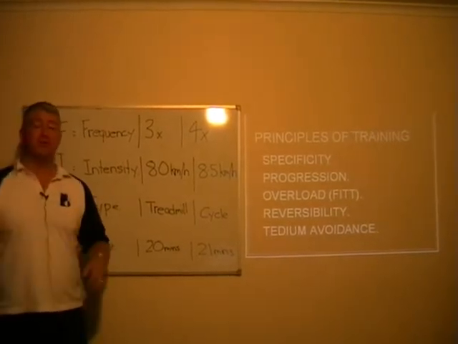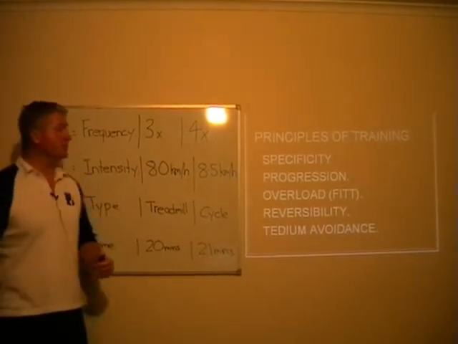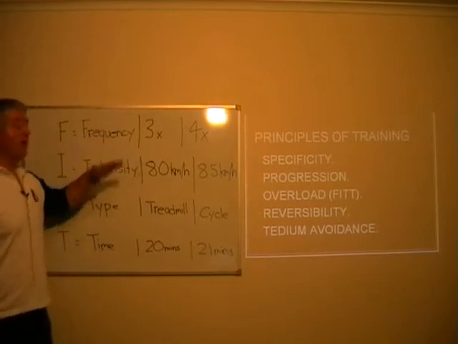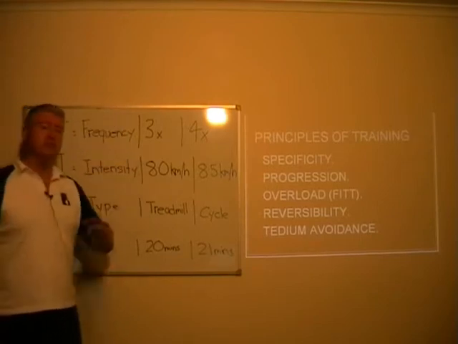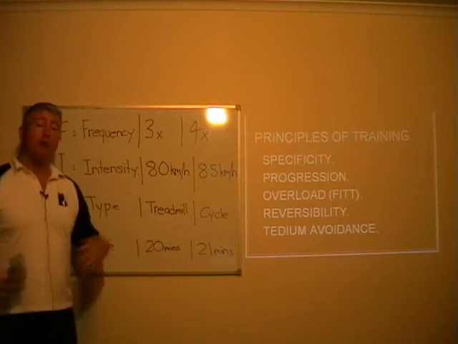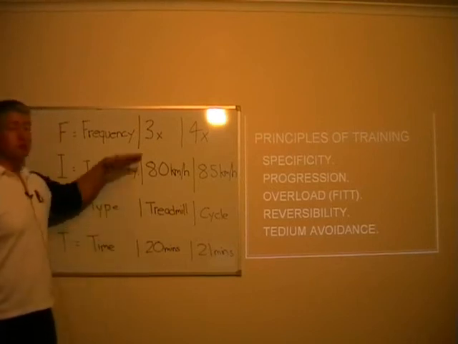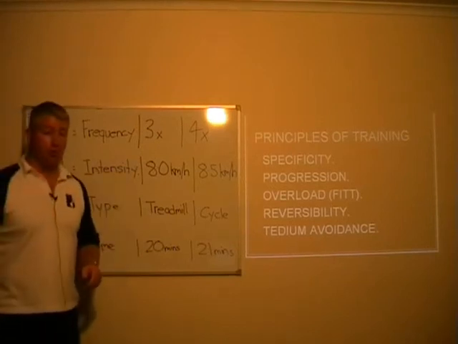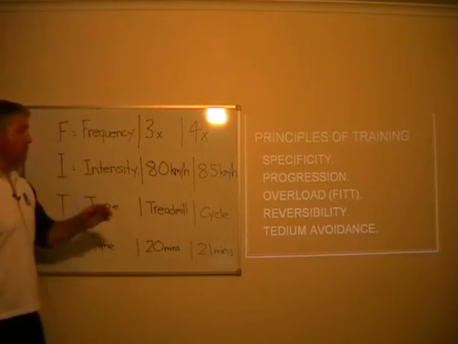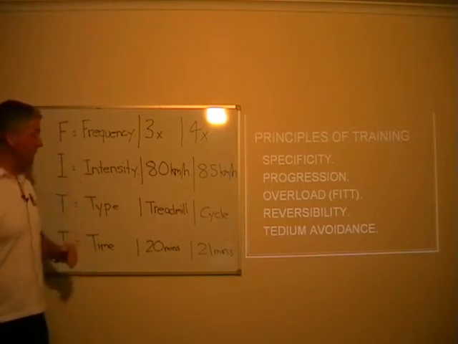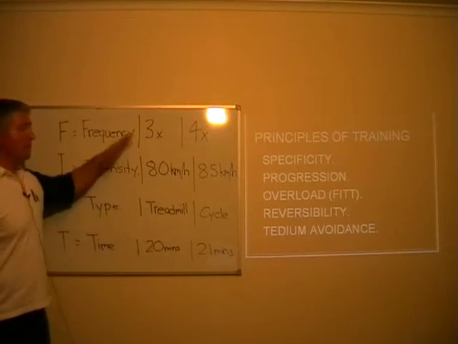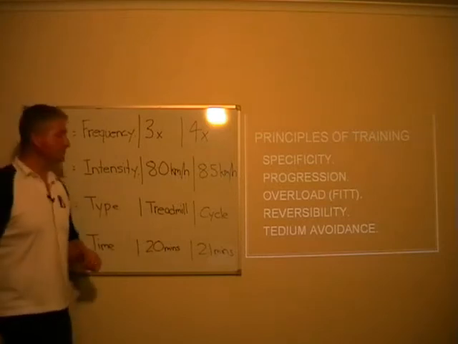Now, as I've mentioned, progressive overload needs to be applied every 4 to 6 weeks, but we only need to apply or change one of these variables. We don't need to change all of them. However, over a period of time, it is good to note that there's been changes made to all of those variables. But for initial and every form of progressive overload, one variable needs to be changed only.